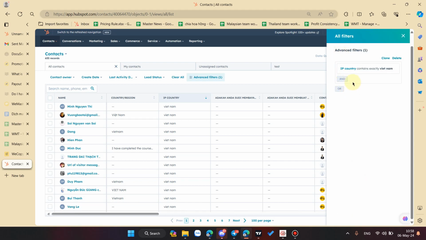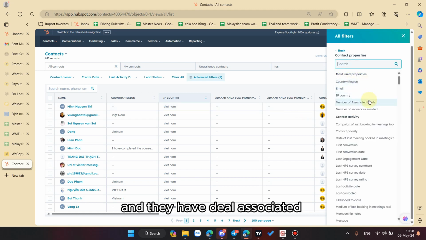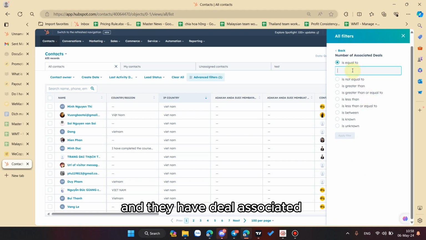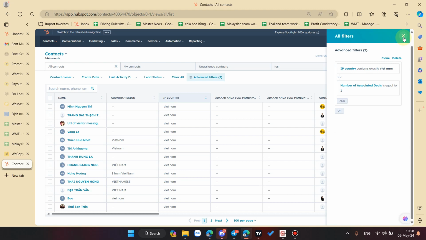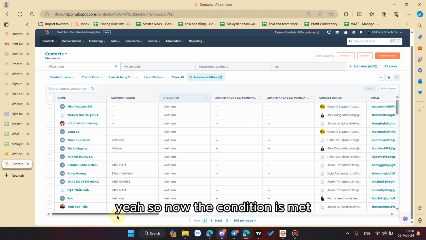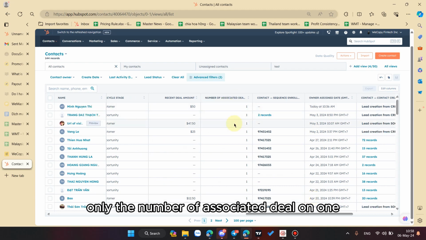Now is a scenario where you need to use AND. I need to filter the IP country from Vietnam, and they have an associated deal, just one. Okay, apply filter. Now the condition is met: only the number of associated deals is one.